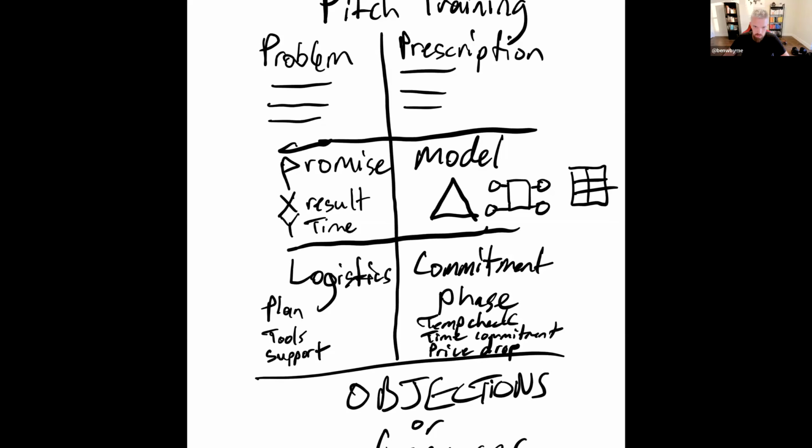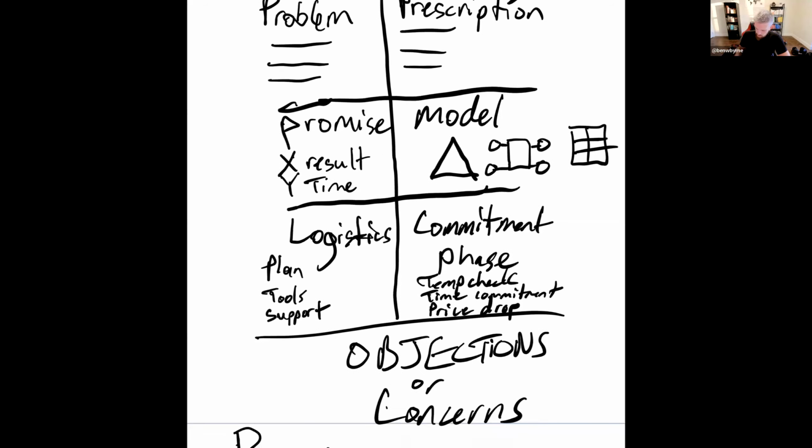Is there any difference between this and selling a consulting offer or an agency service? No, not really. The logistics might look different. The logistics down here, you can also just substitute logistics for the delivery. Okay, so the model and the promise is like the what, this is like what you're getting. Okay, so if I were to break this up,